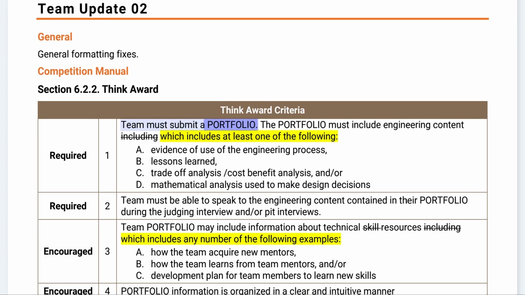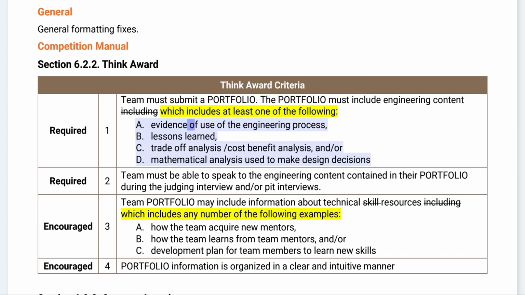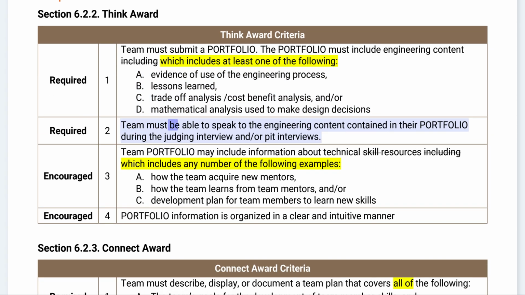Team must submit a portfolio. The portfolio must include engineering content, which includes at least one of the following. A. Evidence of use of the engineering process. B. Lessons learned. C. Trade-off analysis, cost-benefit analysis, and/or D. Mathematical analysis used to make design decisions. Team must be able to speak to the engineering content contained in their portfolio during the judging interview and/or PIT